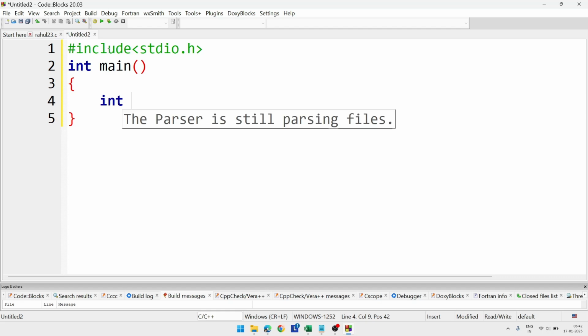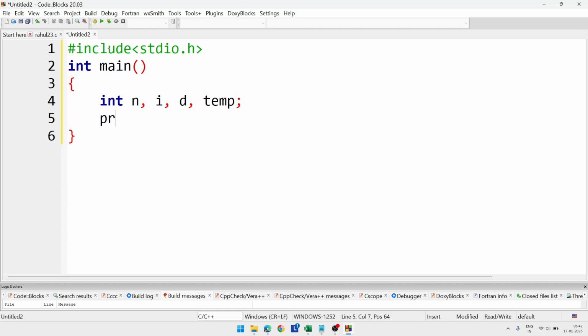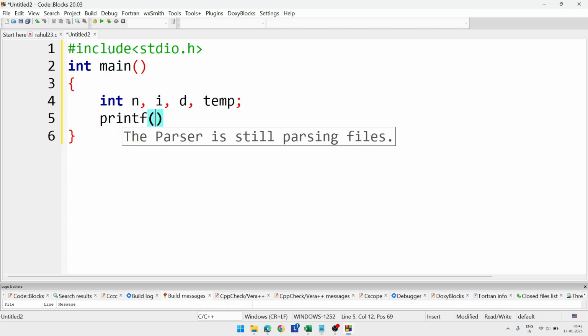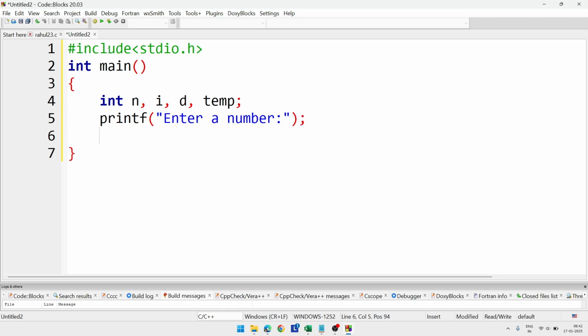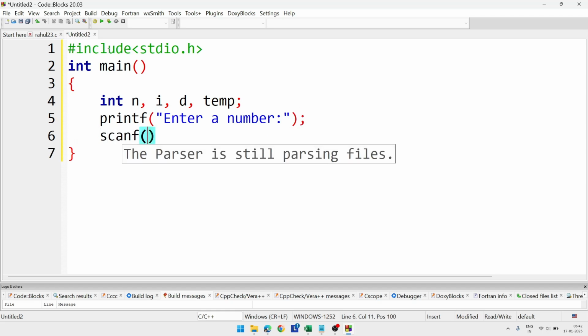After that we'll put variables: int, and here n for the number, I for looping, d for digit, and one more variable, a temporary variable, which we will take as temp. It's done. Now we'll take the value of n, so we'll write printf enter a number, after it semicolon, and we'll scan the number, scanf %d, and we are going to store the value inside the variable n,